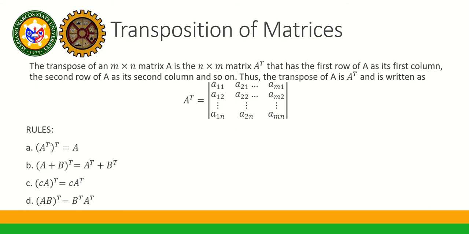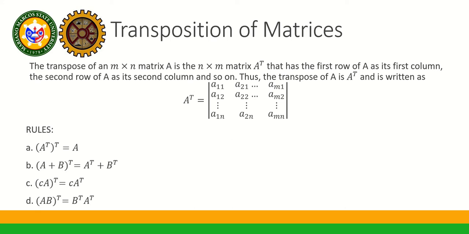Okay, so let's continue our discussion on matrices. We are now in the transposition of matrices. So the transpose of an M by N matrix A is an N by M matrix A raised to T that has the first row of A as its first column, the second row of A as its second column, and so on. So kumbaga, if you are looking for the transpose of a matrix,